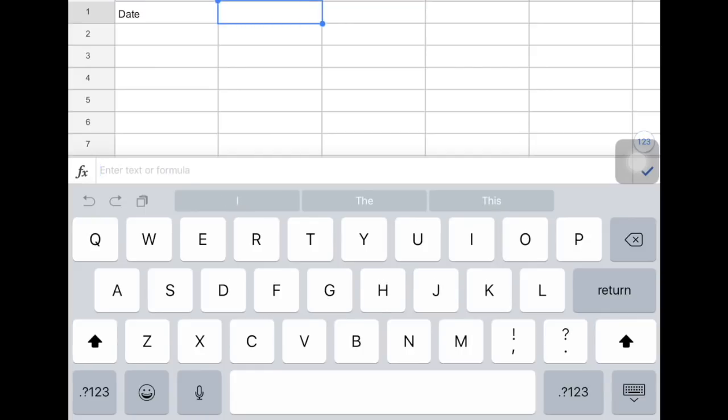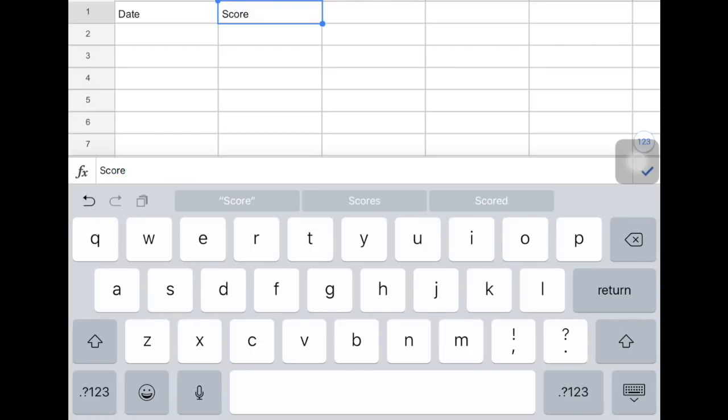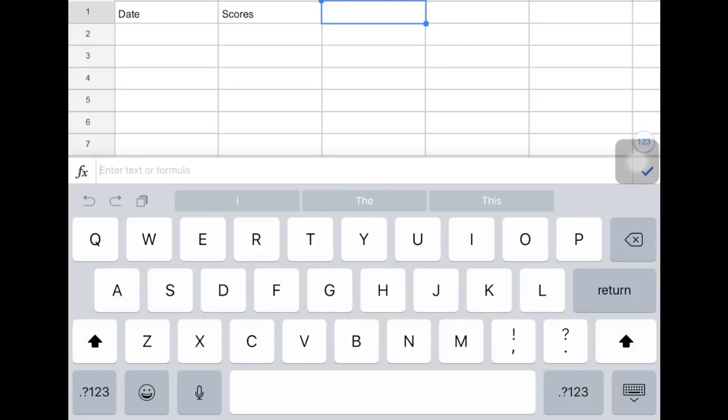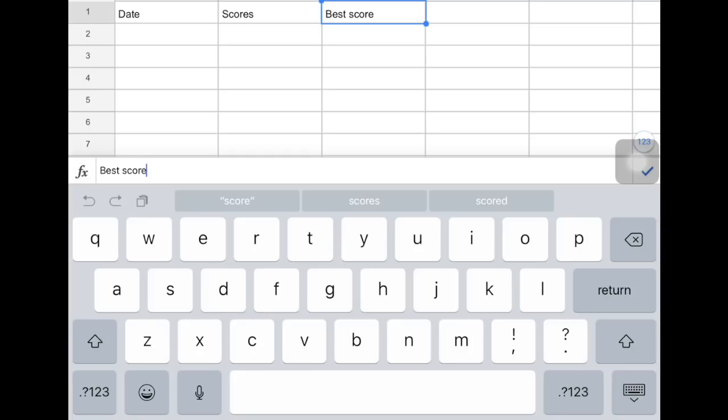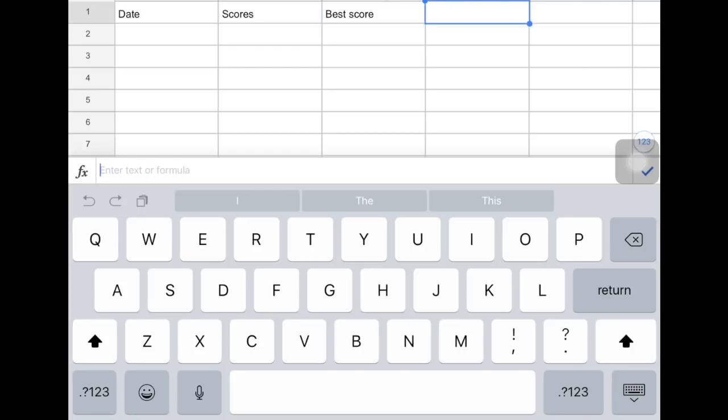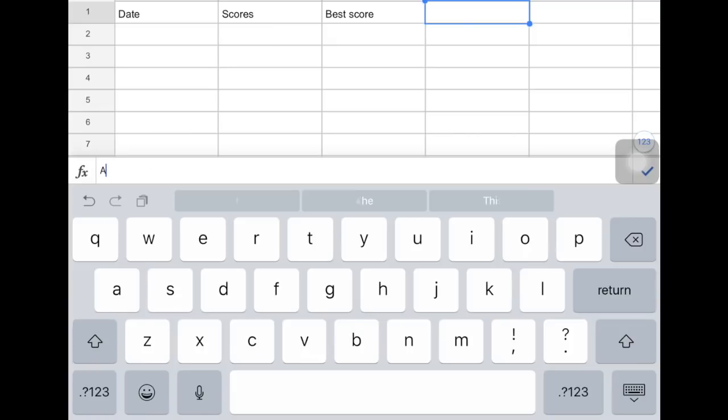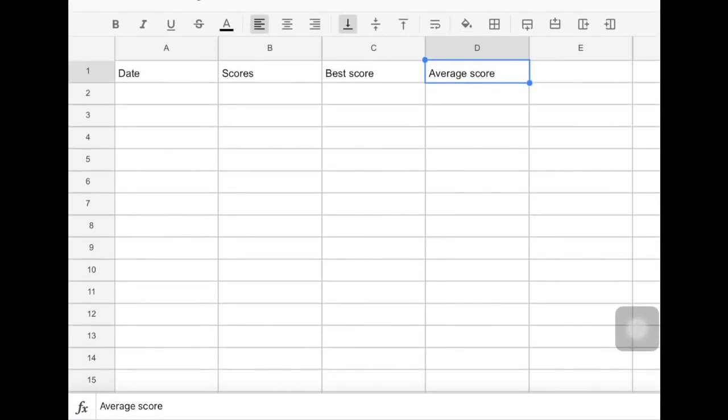Tap in cell B1. We are going to name B1 scores. Tap in cell C1. We are going to name this cell best score. Click in cell D1 and we are going to name it average score. If you would like to take a minute to go back and paint your cells different colors,